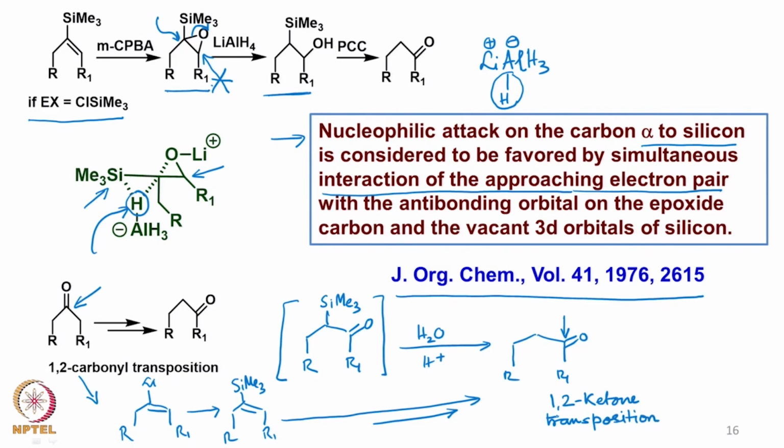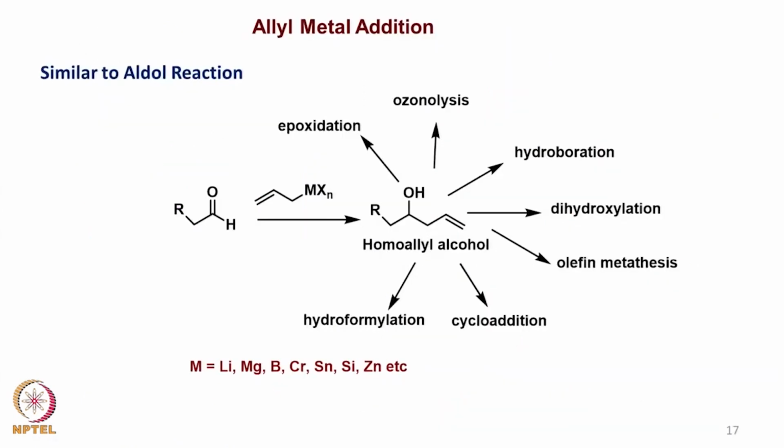So, this is a very interesting application of the silane based chemistry, where vinyl silanes can be epoxidized, reduced, followed by oxidation to convert a ketone into another ketone, which is what is called 1,2 ketone transposition. Now we go for another